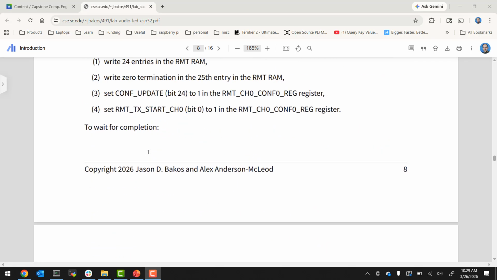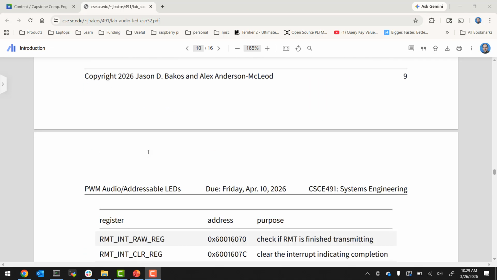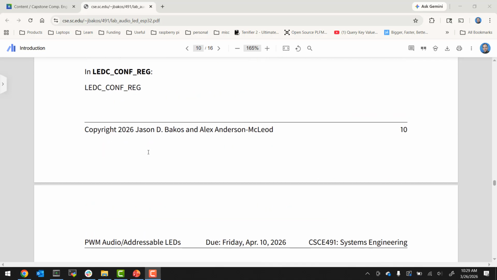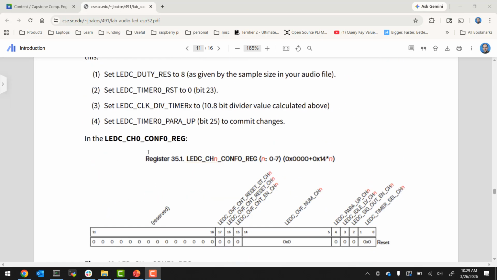That's at the bottom. Okay, so then we have the steps for transmitting, and then we talk about the LEDC, how to initialize that, and how to use it. So the LEDC is, I don't really like this. I think this is kind of bad, but we haven't come up with a better way to do it, frankly. So the RMT, you have to wait for the interrupt to see when it's finished sending